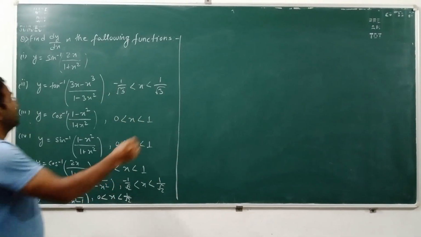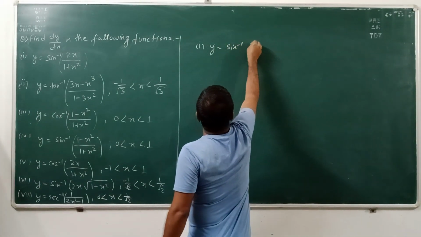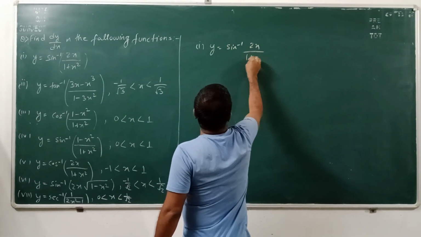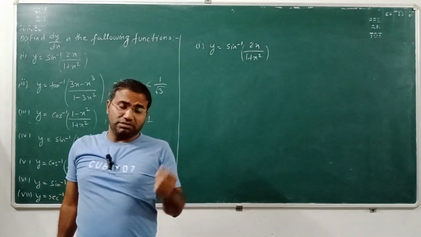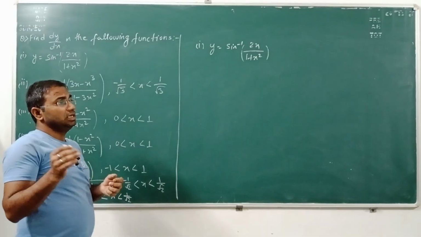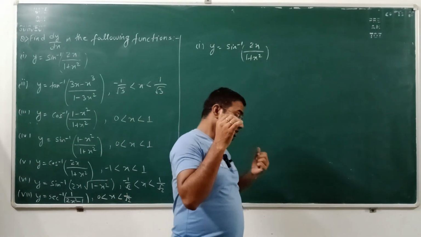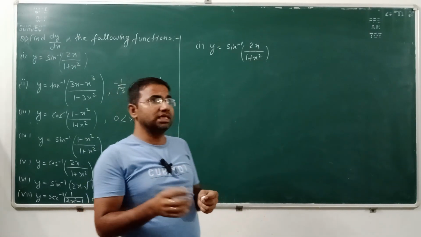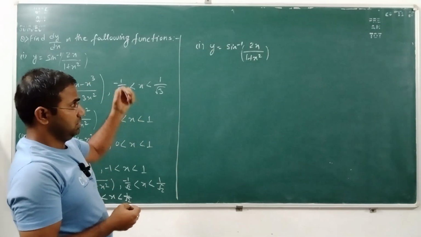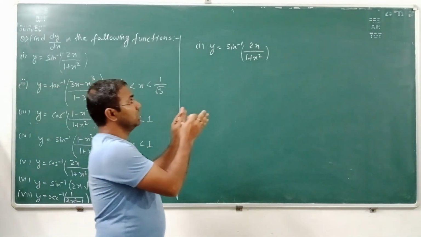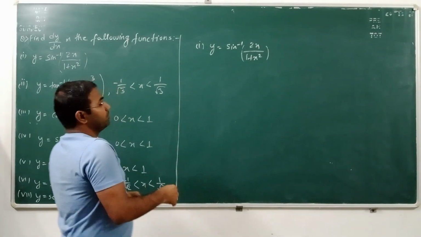So here you can see first one is y is equal to sine inverse of 2x upon 1 plus x square. Okay. So there is the derivative of an inverse trigonometric function. As you know that the derivative of sine inverse x is 1 upon square root of 1 minus x square. Okay. But here we will not apply that, and here we will put some value of x, so that sine inverse gets cancelled out. Okay, so here let us see